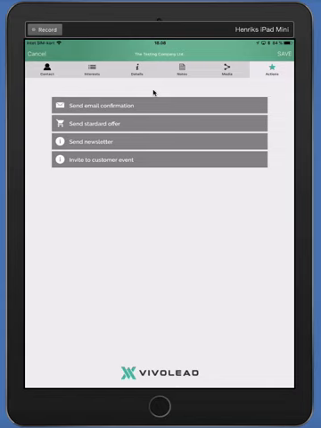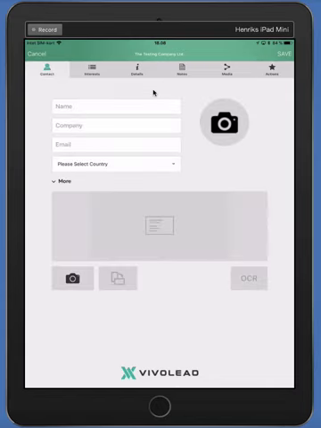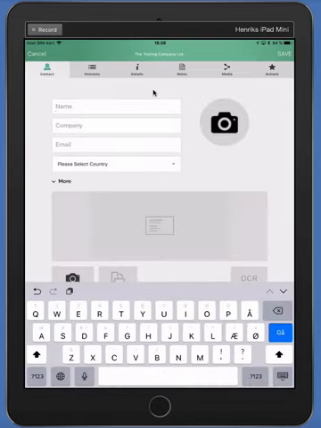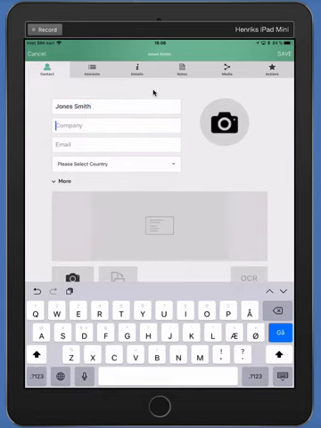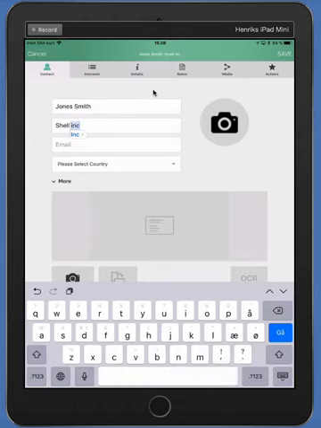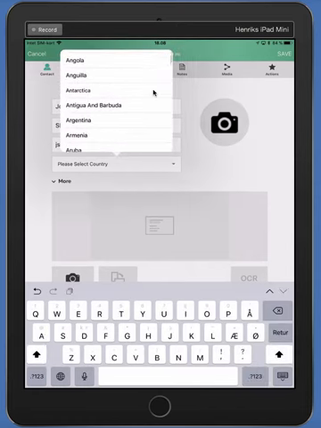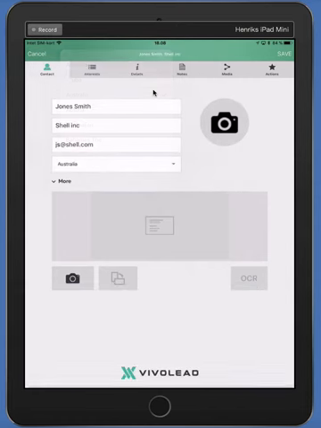So let's go back to contact, and in here I can start typing a name just by pressing the field, and let me just pull in a name here now, and then a company name, and the belonging email address, and then finally I have to select a country, and in this case let's say this guy is from Australia,